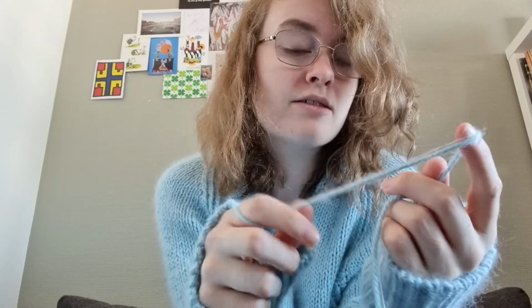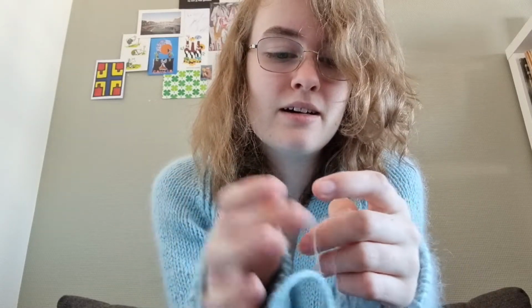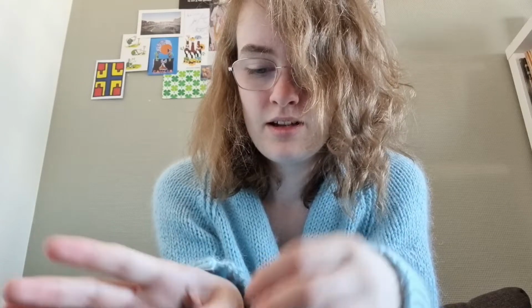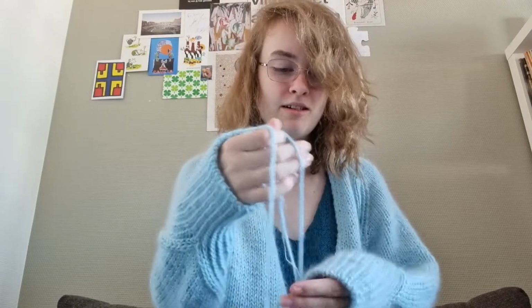I knit this in Drops Nepal, held together with Drops Kid Silk, and I used about 8.5 skeins of Nepal in the aqua blue color, and then almost 3 skeins of the Kid Silk, and I knit a small, which fits me quite well. It was a test knit that I unfortunately did not finish on time because I was moving and stuff, but that's alright. It took me about a month to finish this, which I don't think is too bad